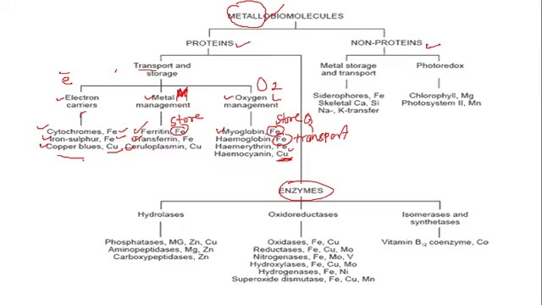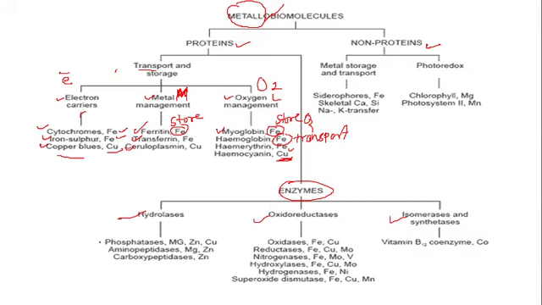Okay, so don't worry about that. We will learn the structure of that compound, function of that compound, biomolecules, and their properties also. So let me see the next enzyme. This is divided into three types. First, the hydrolase enzyme. Second, oxidoreductase enzyme, and third, the isomerase and synthase enzymes.